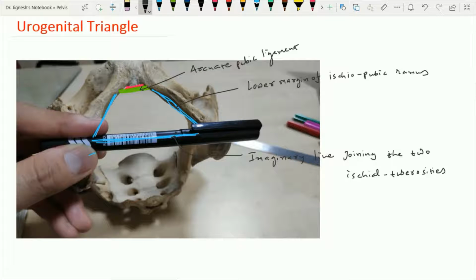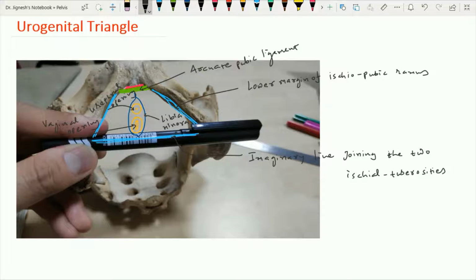When we see within this urogenital triangle, in case of male, it has one opening, and that opening is the urethral opening, while in case of female, it has one additional opening along with the urethral opening, and that is the vaginal opening. And in case of female, both these openings are present within the vestibule, which is bounded on each side by the labia minora. The name of this urogenital triangle is from the openings which are present within this urogenital triangle. In case of female, it has two openings.